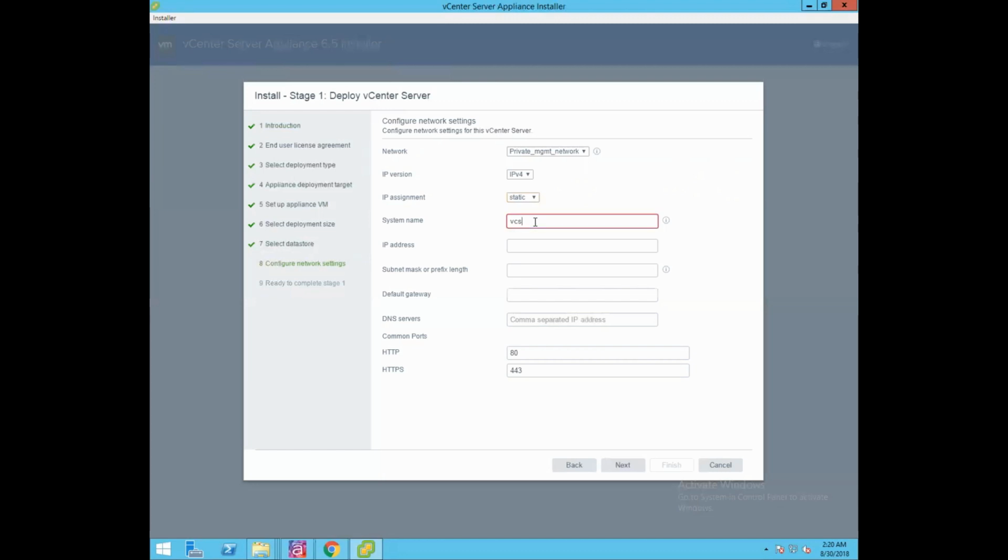I'll give the system name as vcsa-01a.govmlab.local, IP address 20.20.20.4, subnet mask 255.255.255.0, default gateway 20.20.20.1, and DNS server 20.20.20.1. Port 80 would be used for HTTP and 443 for HTTPS. Now click on next to proceed.